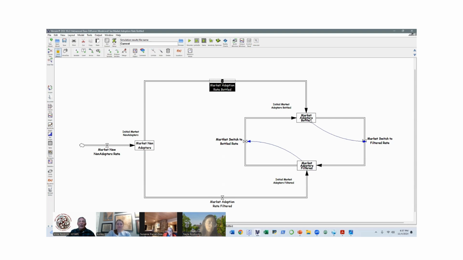And then, now you have the adopters of bottled water and filtered water, but they can switch. So if the other becomes more attractive, they can elect to switch. So the problems with the filtered water was, well, you had to buy a machine and it had to be installed and repaired and maintained, and you had to buy filters for it and what have you. But the good news is once you had all that, you turned on the tap and the water just was